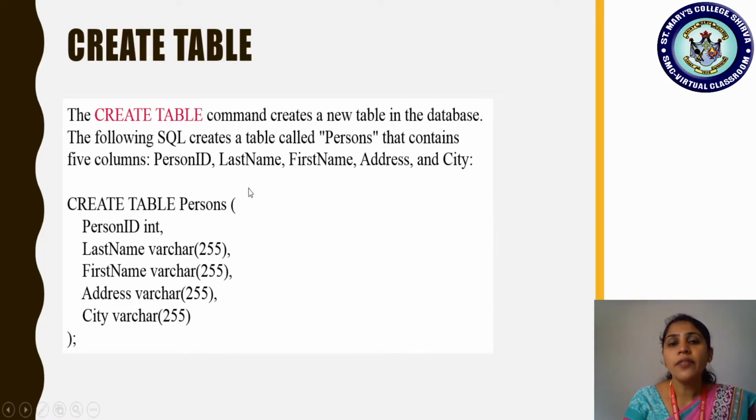So 5 attributes or 5 columns are listed, and just find below how it is created with the help of the syntax. Create table, as I told you, these first two terms are keywords. It should be written like that. Following that, the name chosen by the user has to be added. So create table persons. Following that, how many attributes did we add? 5, right? Person ID, it is of which type? Integer data type. Then last name, it is of which type?